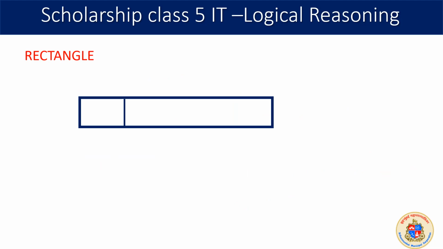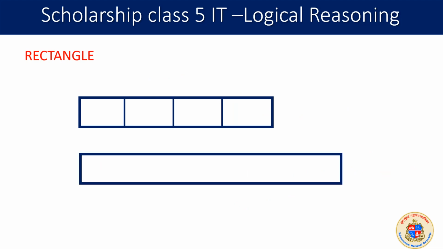Here is a rectangle, and within the rectangle more rectangles. We can see 1, 2, 3, 4 small rectangles and a bigger rectangle which can be named ABCD. But what is the total number of rectangles here? 4 plus 1, 5 we are sure, and these